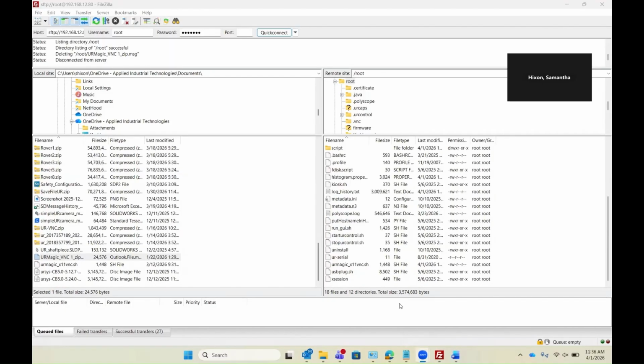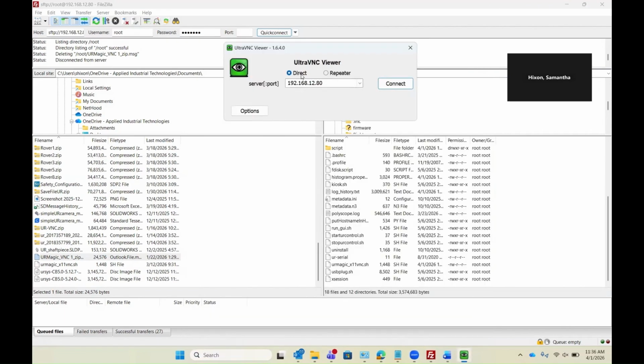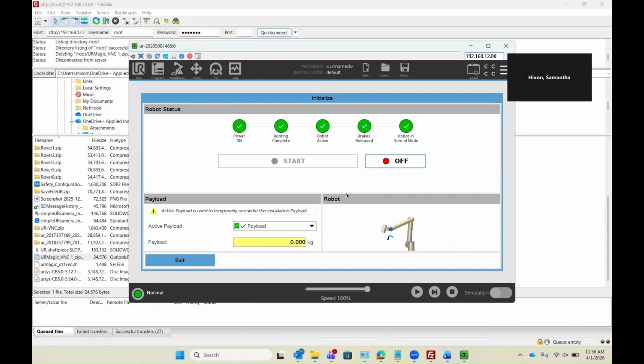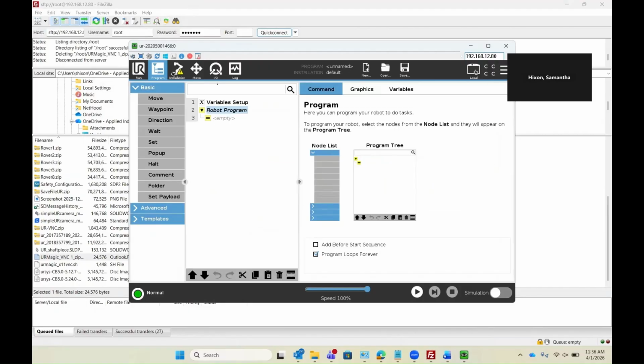Okay, so go ahead and log into the VNC of your choice. I used UltraVNC. As you can see, the IP address is the same as the one I set on the Teach pendant, and then you're going to be prompted. This is your admin password. Click Login. And here we are VNC'd into the Teach pendant,